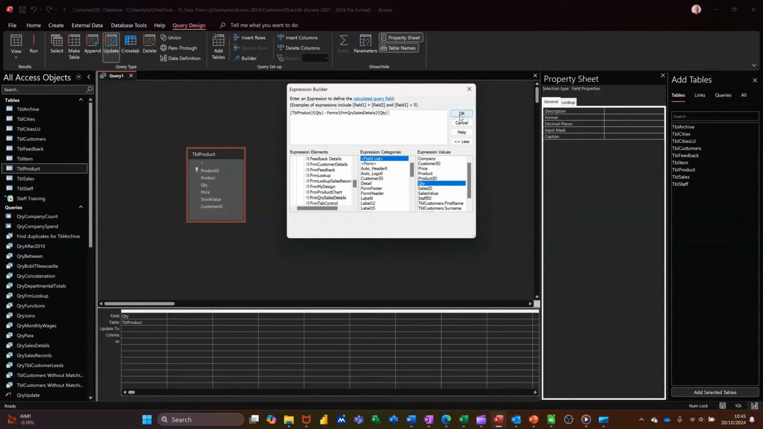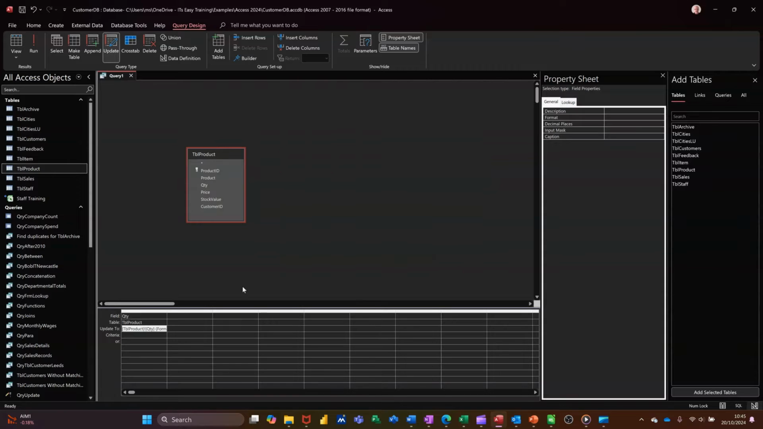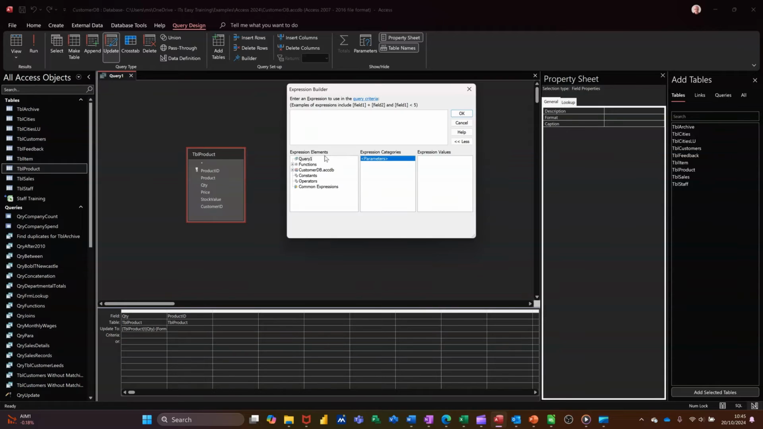If I click OK to that, as it sits at the minute, it's just going to be every record will get updated. I don't want that to be the case. I just want the ones that are equal. Product ID, double clicking on that. And then I need to get on the criteria line of this, go back into the expression builder and set